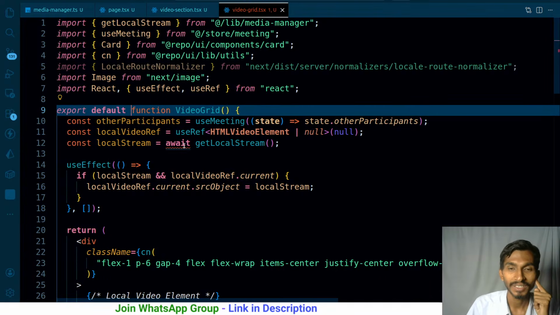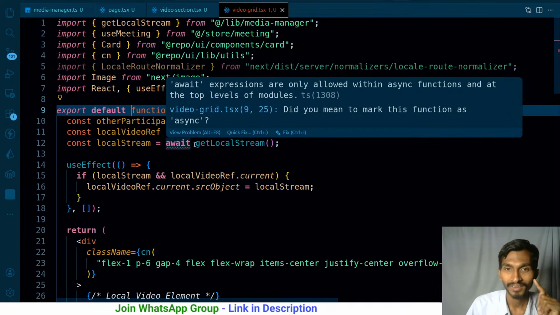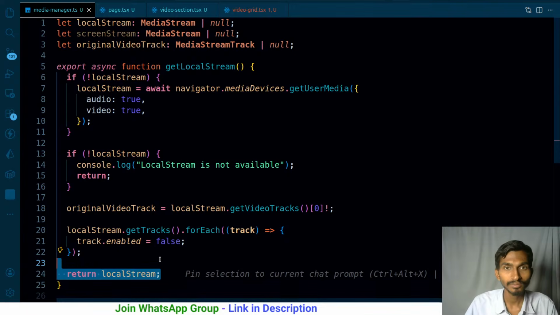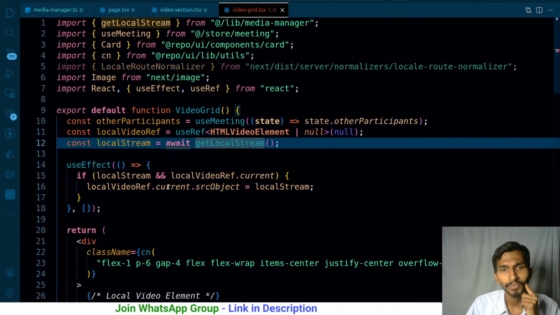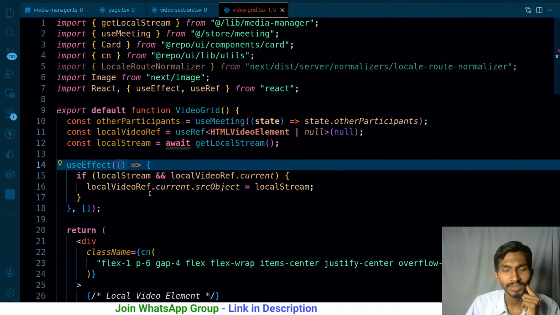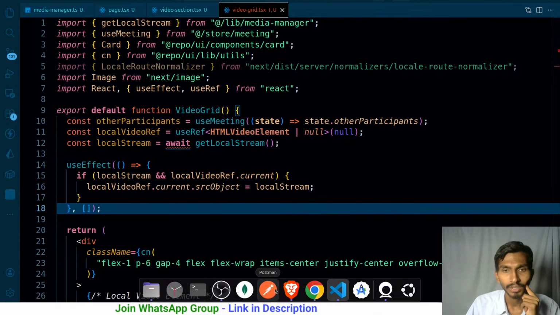Then I will get the error over here, and get local stream, right? So I cannot make it async directly. In that case,